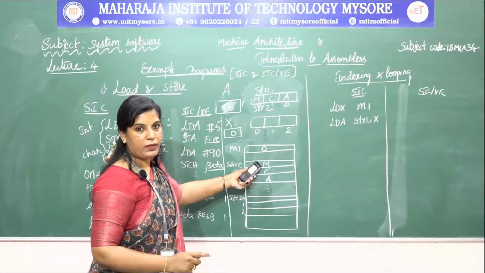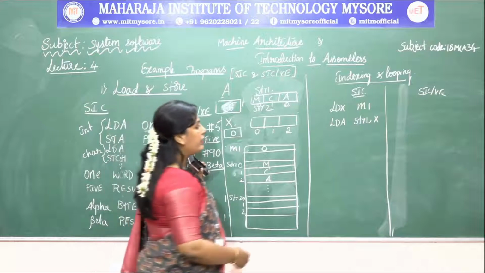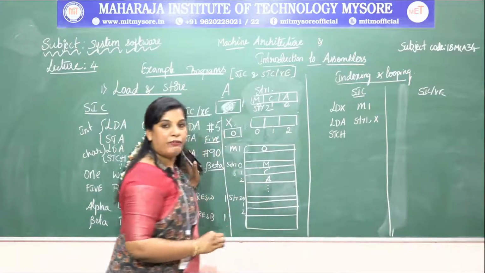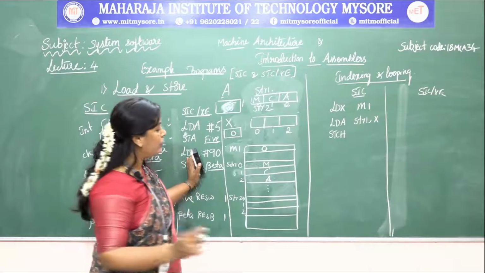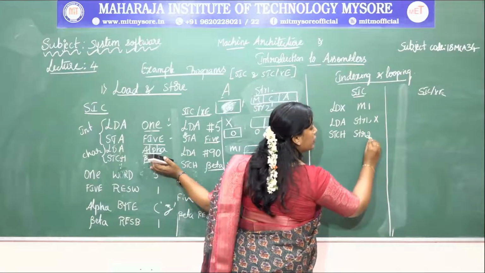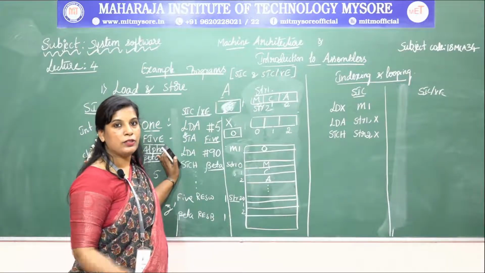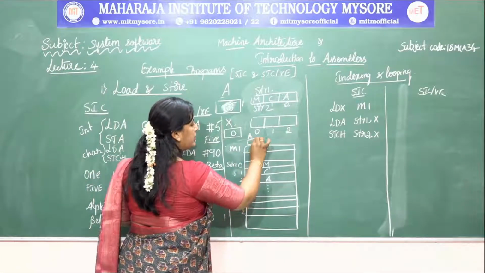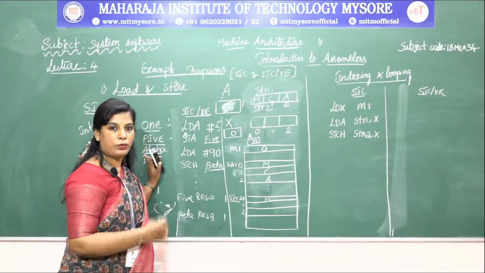What is that value? That is M, right? After loading that value to the accumulator, I want to store the same character from the accumulator to the memory location string 2, with the same index value X. I am copying M into the accumulator, and then from the accumulator to the same position, I am pasting.